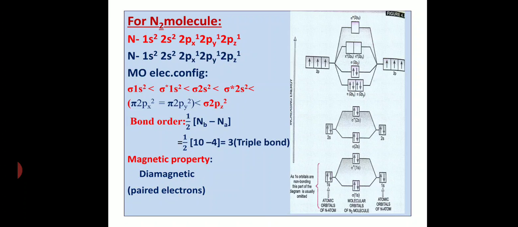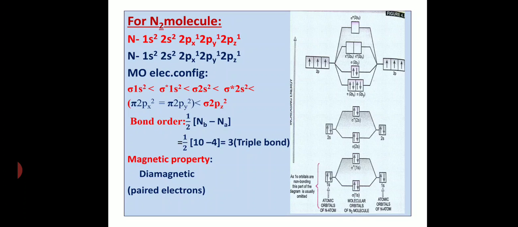Now nitrogen molecule, okay. Nitrogen atom has 7 electrons, right? Atomic number 7. So 1s2, 2s2, 2px1, 2py1, 2pz1. So here we are getting 2p orbitals, right? When 2p orbitals are there, we know 2pz will form a sigma bond, which has more energy, and 2px, 2py will form pi bonds, which have lesser energy than 2pz orbitals, right? So you can view it in the slide how to draw the energy level diagram for nitrogen molecule, right?